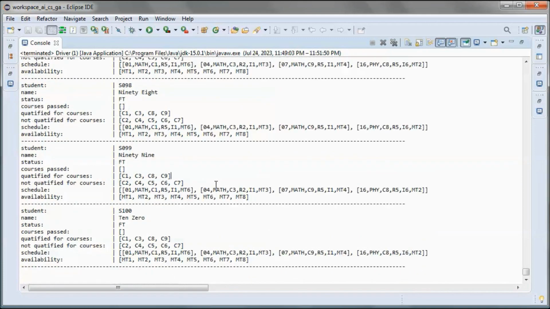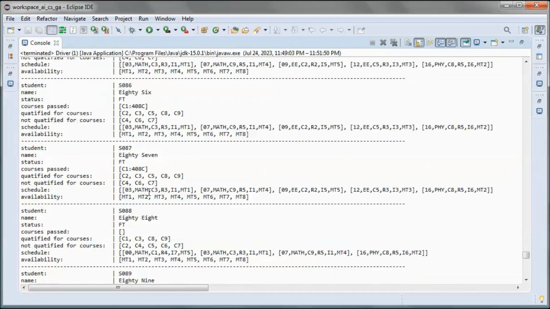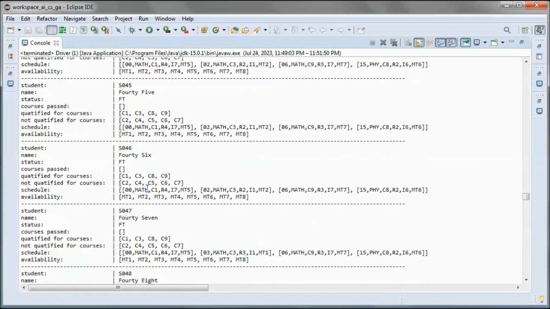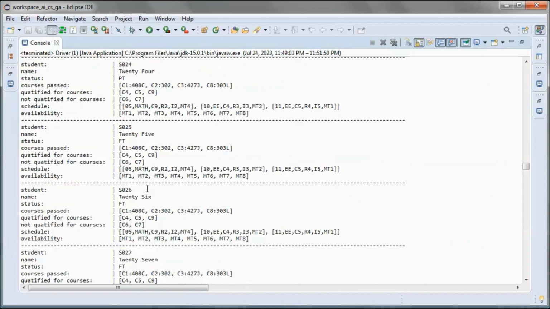So this student was scheduled for those classes, and this one for those, etc. Those are all the students in the system.